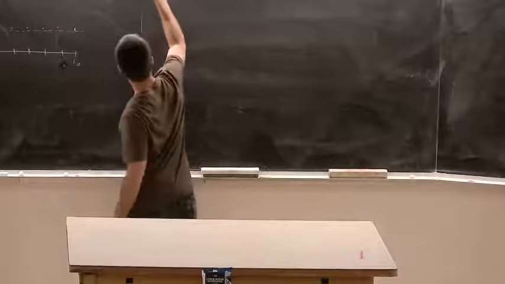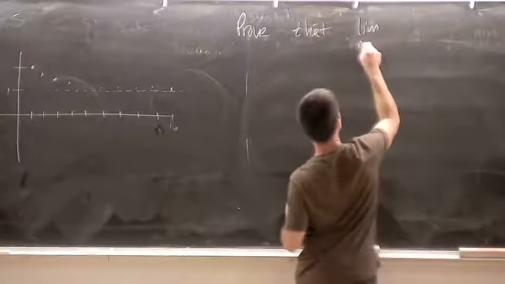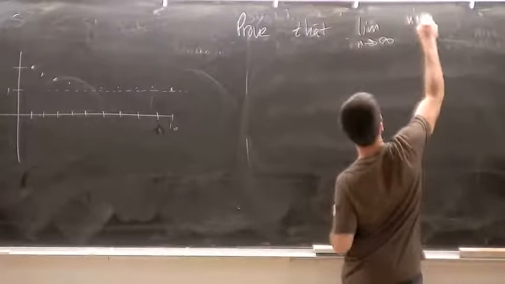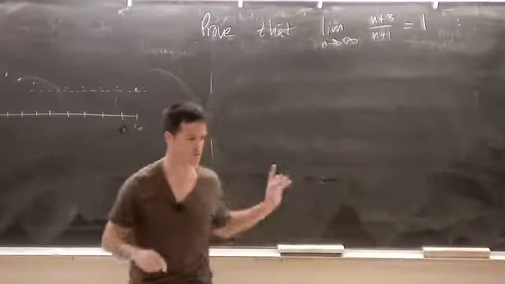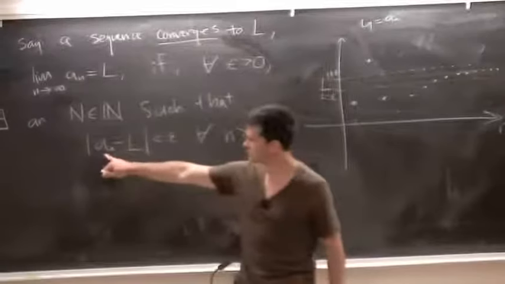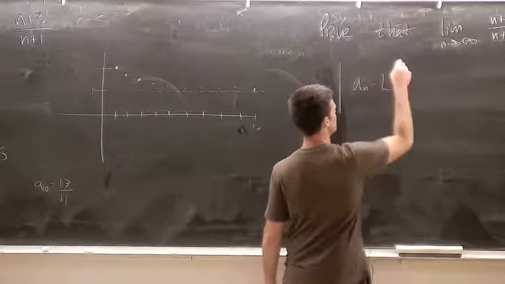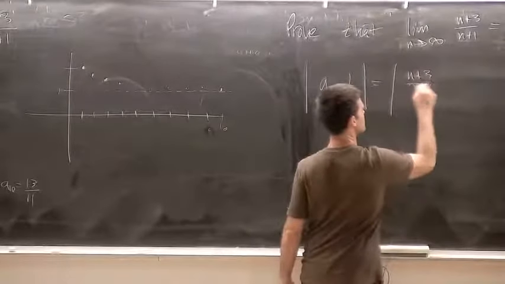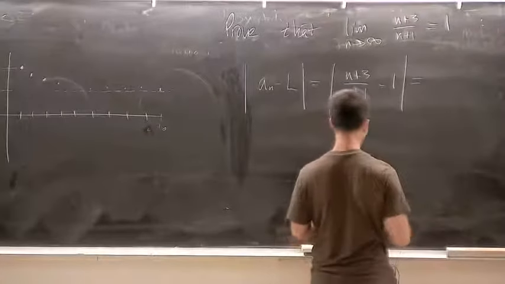So from the definition, prove that the limit as n goes to infinity of n plus 3 over n plus 1 equals 1. And here's how you do a proof of this. So I'm going to evaluate the difference between an arbitrary term in the sequence and my limit L, which is 1. Let's look at that. So an minus L, or n plus 3 over n plus 1 minus 1, is equal to